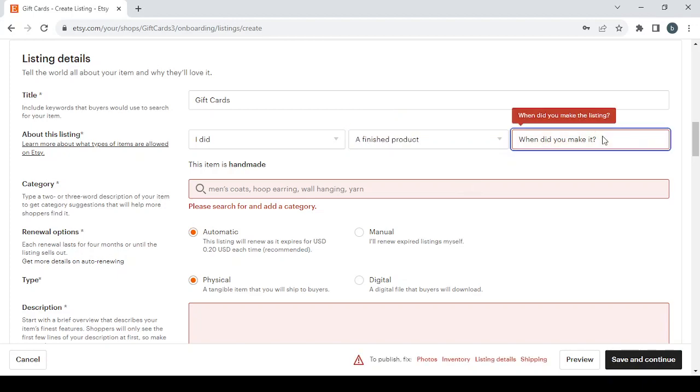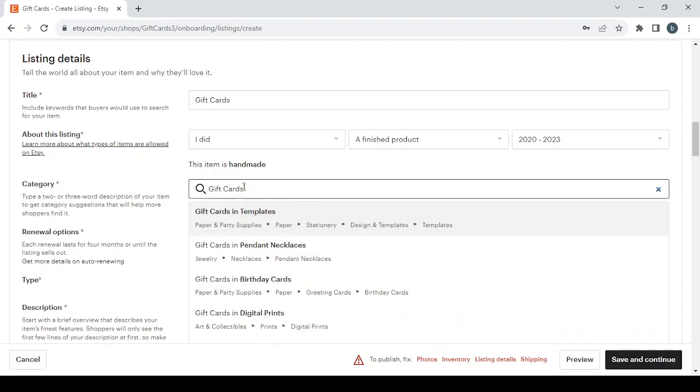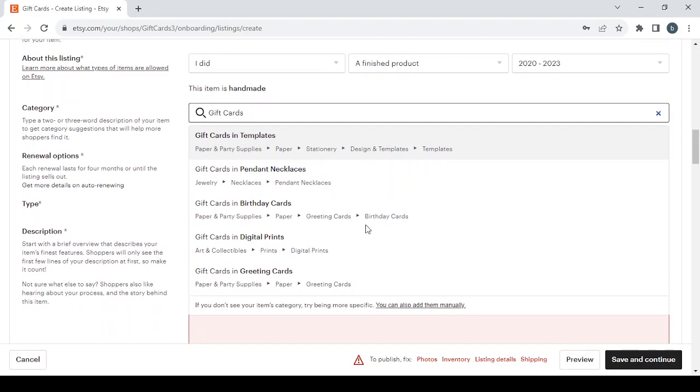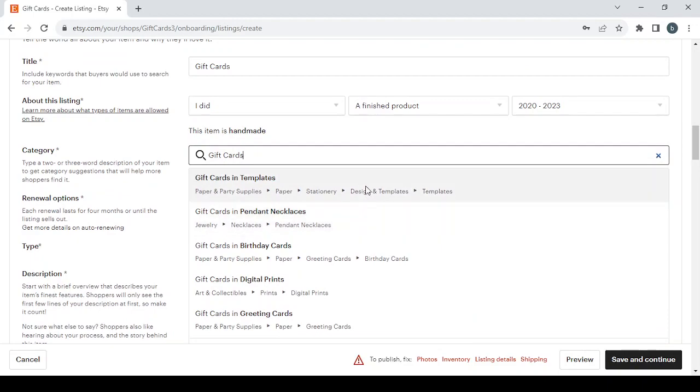When did you make it? You have three categories to choose from: not yet made, recently, or vintage. Let's go with recently. Then we have the category in here. So let's just type the product's name and you will have a lot of categories to choose from. Let's choose